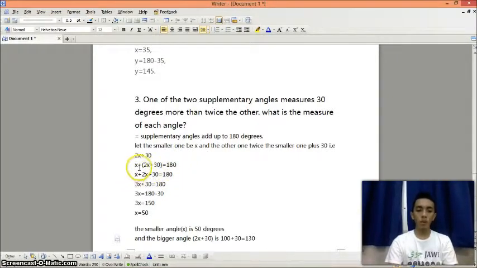So we find the value of x, and we get x equals 50. So the smaller angle x is 50 degrees, and the bigger angle, 2x plus 30, is 100 plus 30 equals 130. Okay, I hope all of you understand the video that we have provided,